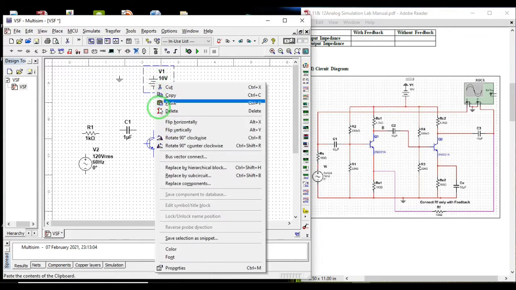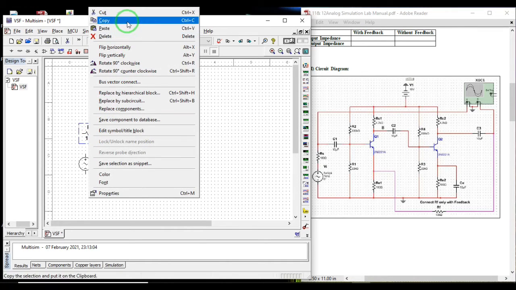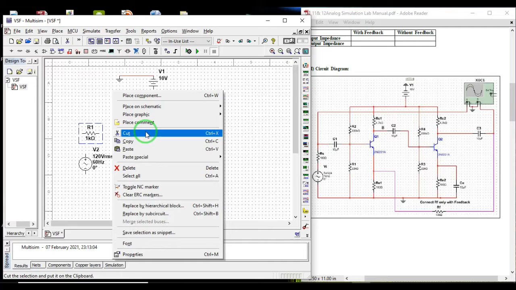The negative terminal is down, so we'll flip it vertically so that you have positive here. You have positive to be connected, and negative will go to ground. And here we have a resistor. I'll right click, copy, and again right click and paste.